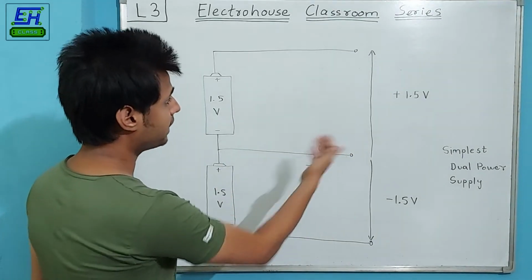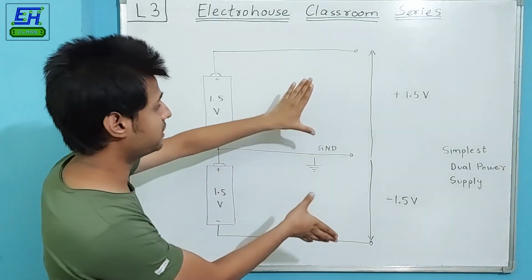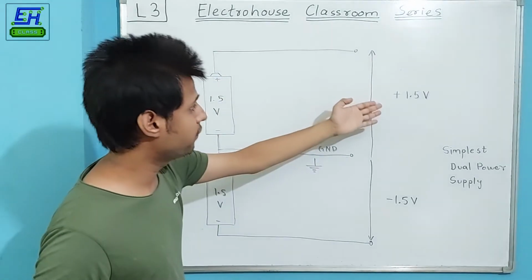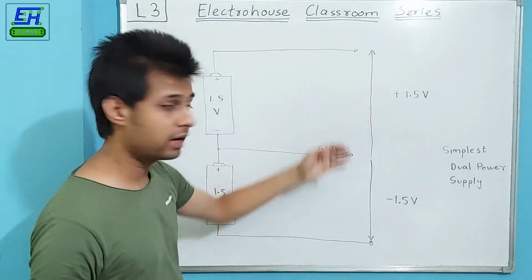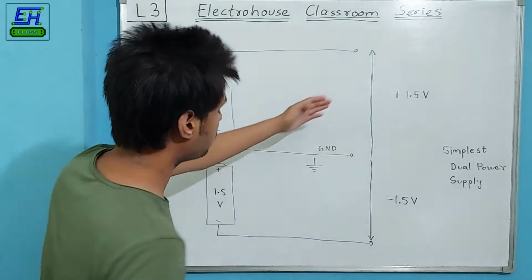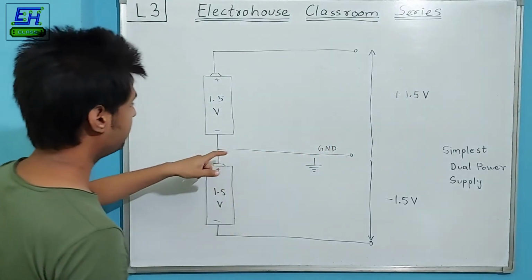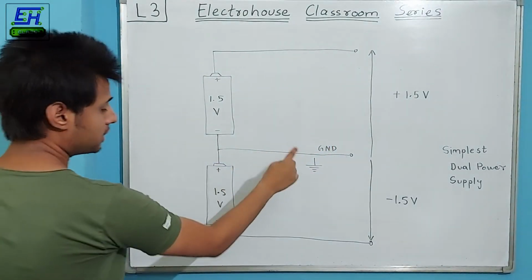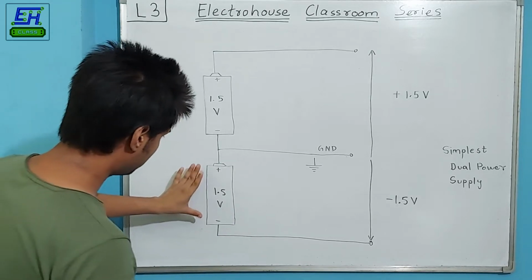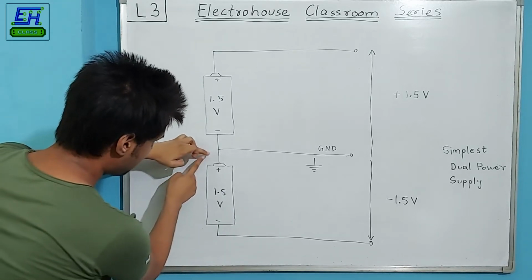So here we get an equal and opposite voltage separation as we have a common ground terminal between these two terminals. As you can see, we have positive 1.5 volts and a negative 1.5 volt. We can also see how exactly we are getting positive and negative voltage at the same time by recalling the concept of ground. Here you can see, as provided by the battery manufacturer, the voltage of this terminal is actually